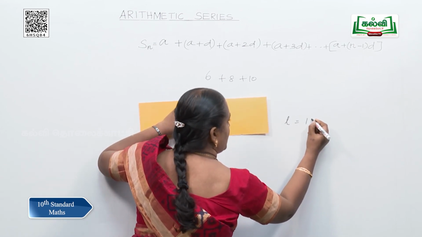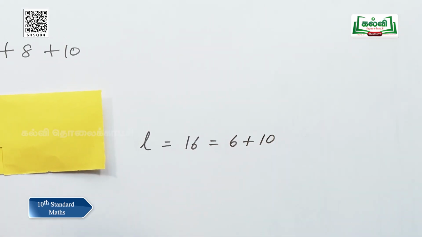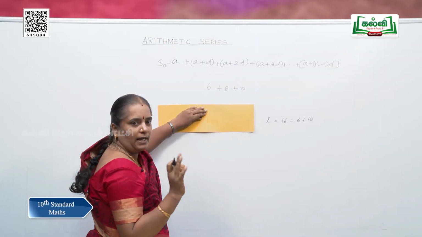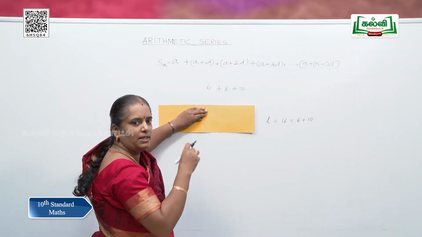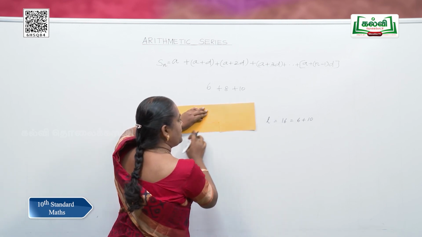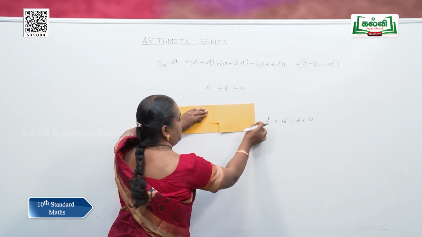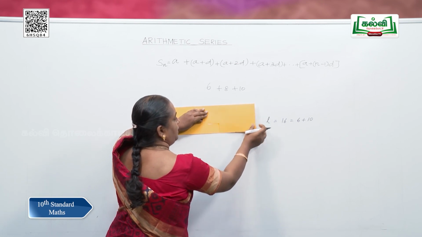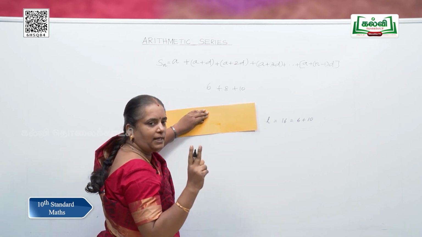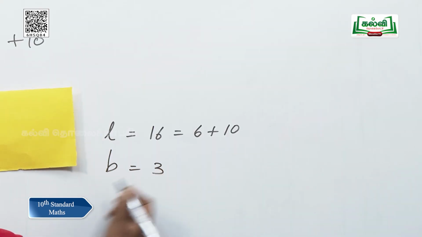That is 6 plus 10. So I can write it as 6 plus 10. And then see this, all the units are the same. That is, wherever we take a rectangle, the length of the rectangle remains the same. So we are going to take the breadth of the rectangle. So what is this breadth? What does it say? It is saying, yes, 3 units. Only 3 steps we have taken. So breadth is 3 units.